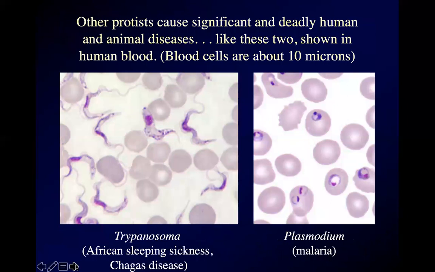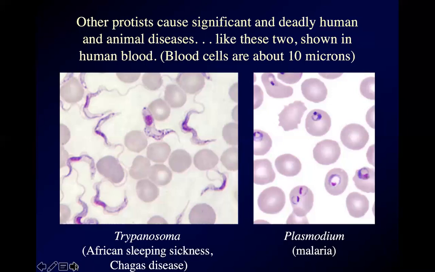And there are protists that cause significant human diseases. These just happen to be a couple of examples that live in the human bloodstream. The blood cells, by the way, are about 10 microns. Micron is another word for 1/1,000,000th of a meter. Just to give you an idea, human hair can vary a lot in width, but an average human hair is about 75 microns. So you could put 4 of these round pink blood cells together, and that's roughly the thickness of a human